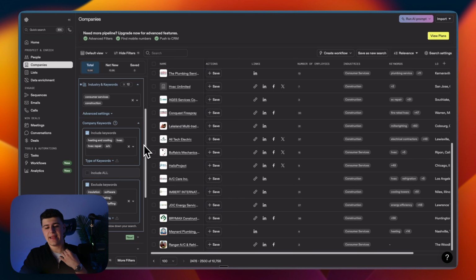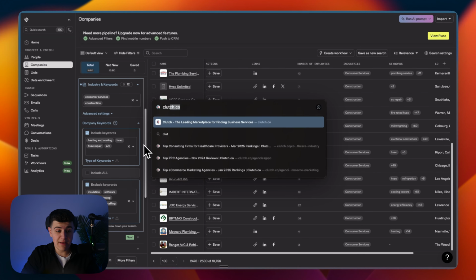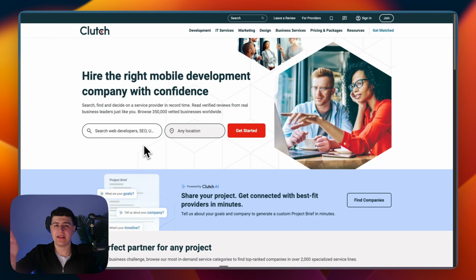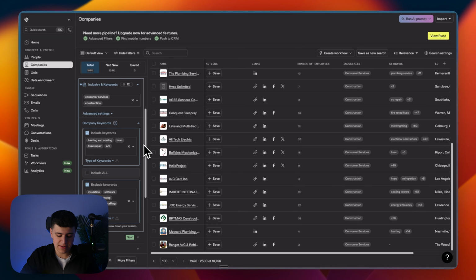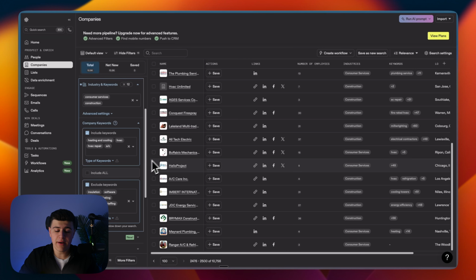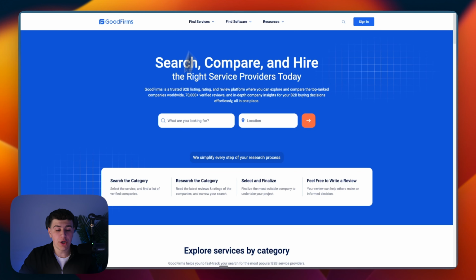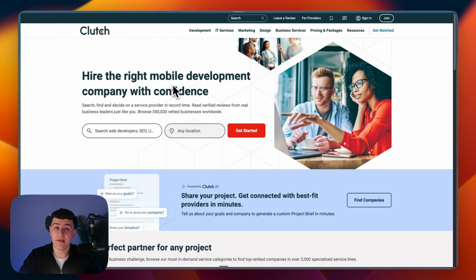But what I'm getting at is that if you pull the data from an external source, whether it could be from Clutch.co, which is an external database for marketing companies, IT companies, development companies, or from GoodFirms, or from Google My Business, whatever it is, it's going to be very good because you're doing the filtering on an external platform rather than making Apollo do the filtering for you, because Apollo isn't always 100% correct. They use AI, they use a bunch of different things that aren't 100% accurate. For a fact, GoodFirms or Clutch.co is going to be very effective and very accurate because